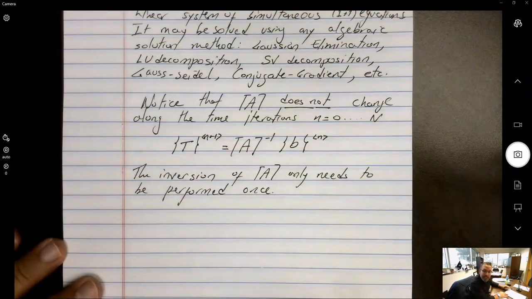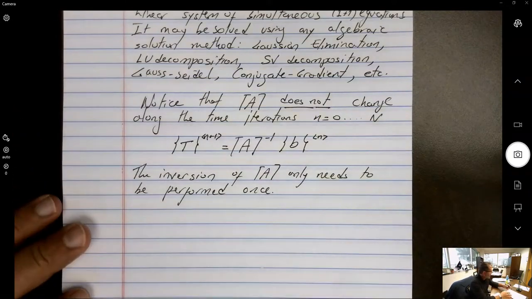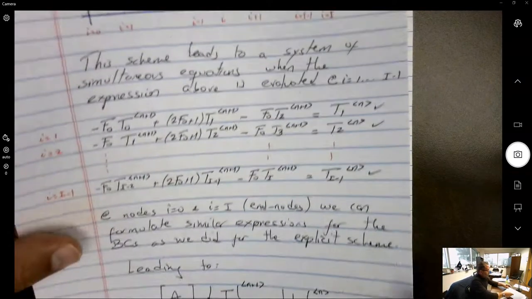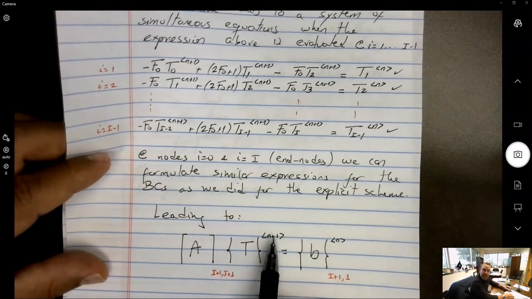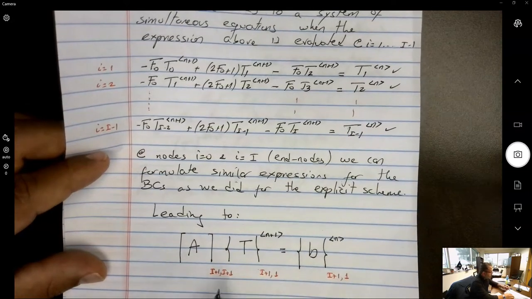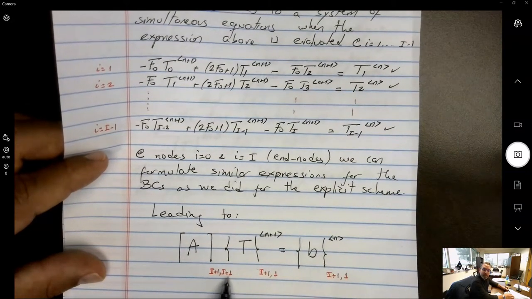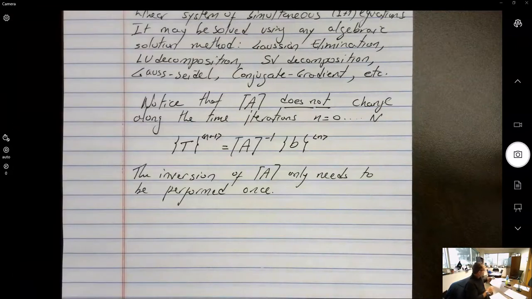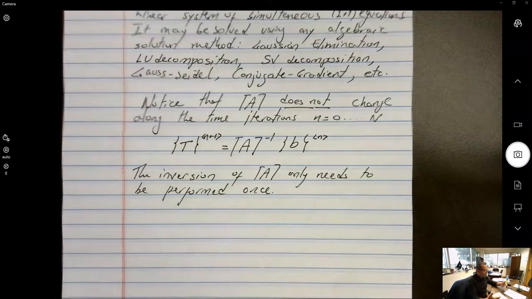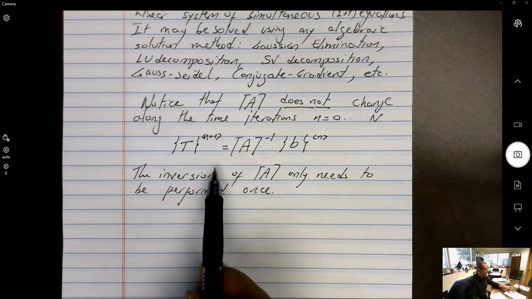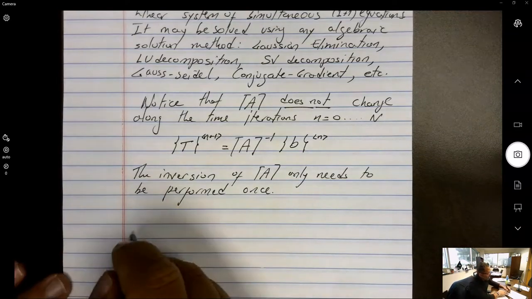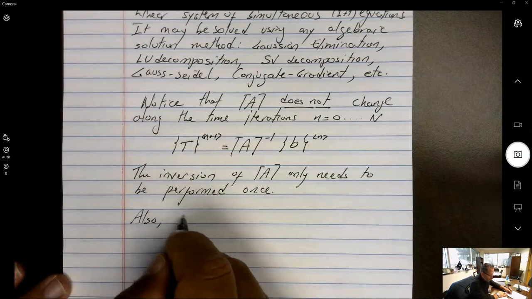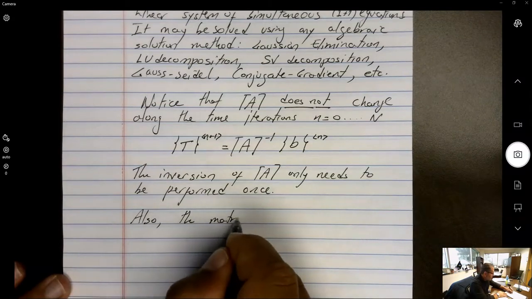Another way of accelerating this process, the point I want to make is that your system of equations will need to be solved at every value of n. So at every value of n, you'll need to solve an I plus 1 system of equations, which is very costly. So this is going to be significantly slower than the explicit scheme. However, there are things that you can do to accelerate the process. One of them is that you can invert the matrix once and use that inverse forever. But also you can realize the matrix A